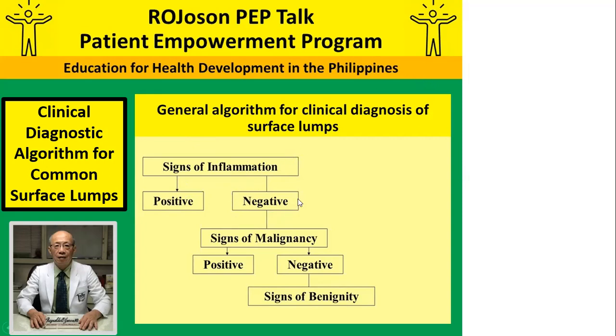Pero kung walang signs of inflammation, so negative siya. So the next thing to decide, is it cancer or not cancer? When you say malignancy, cancer. Signs of benignity means not cancer. So, ang gagawin niyo muna, kung walang signs of inflammation, to decide whether it's a cancer surface lump or not, ang hahanapin niyo muna are signs of cancer. I-expound ko kung ano yung mga signs of cancer. Then kung wala, sasabihin niyo, ay, benign pala. Pero kung may nakita kayong signs of cancer,